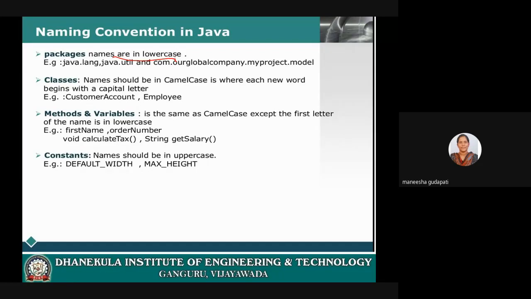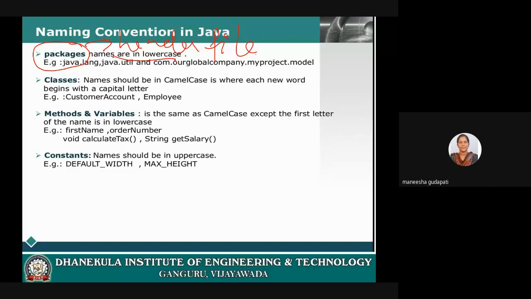What do you mean by package? A package is nothing but just like header files in C. It will have some predefined classes, and you can use those classes or methods which are present in that particular package.